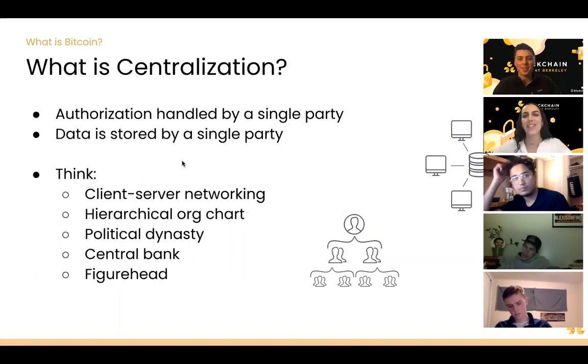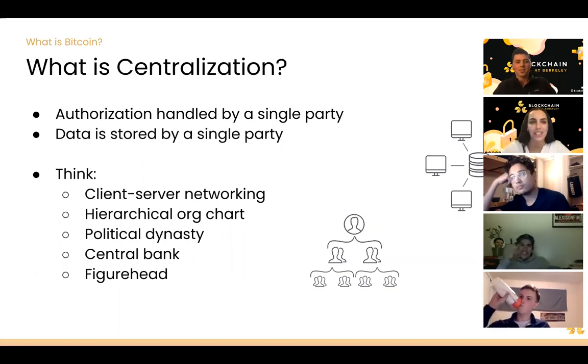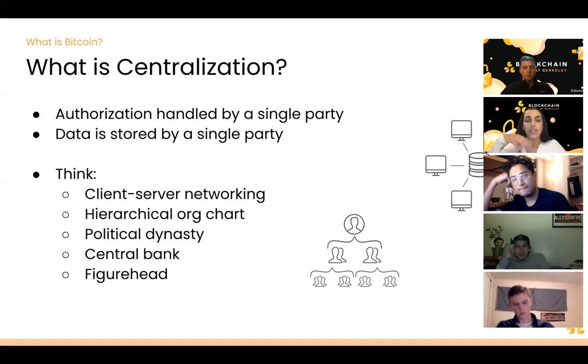Okay, so I've thrown around centralization and decentralization, and we need to put definitions to them to make sure we're all on the same page. So centralization is when authorization is handled by a single party, and this is all around us. There's no shortage of examples, but at a high level, this just means that data is stored by a single party. So with that Facebook example, they store all of their own data. They have access to all their own data. If I ask to update my profile picture, I ask Facebook and they allow me to do that, right? But I never get to actually tangibly interact with that database because that's theirs.